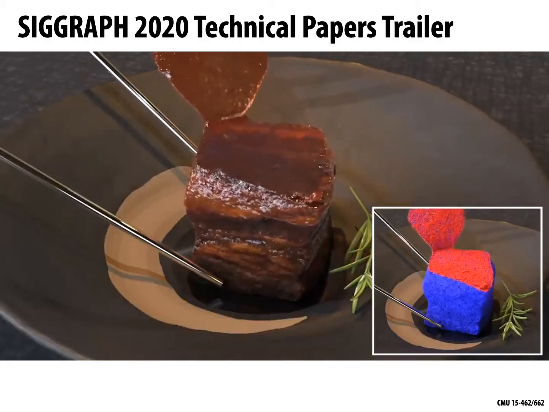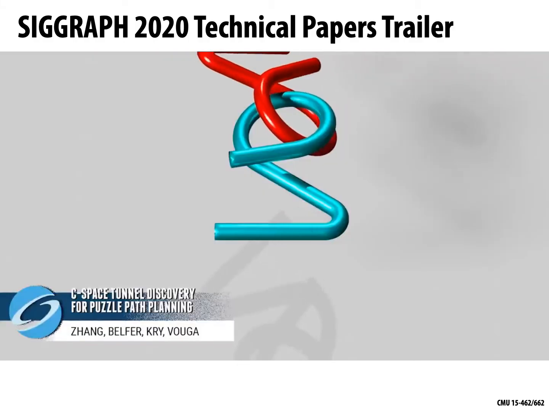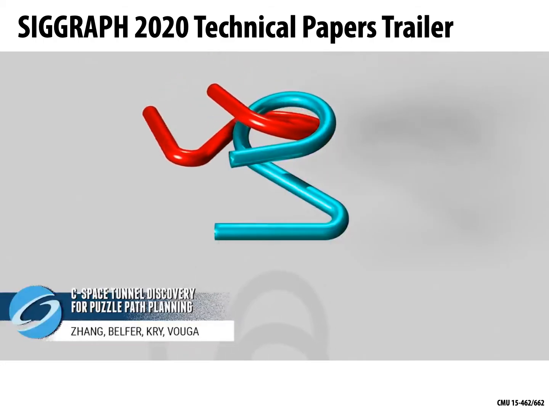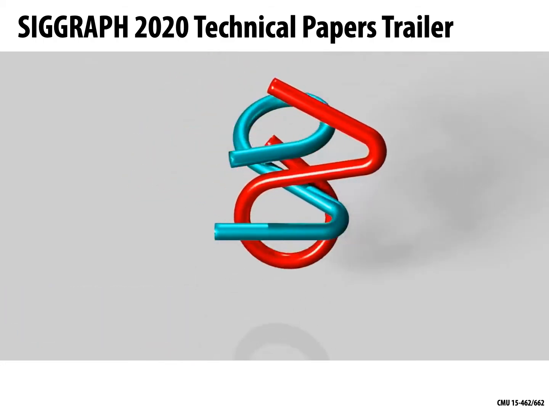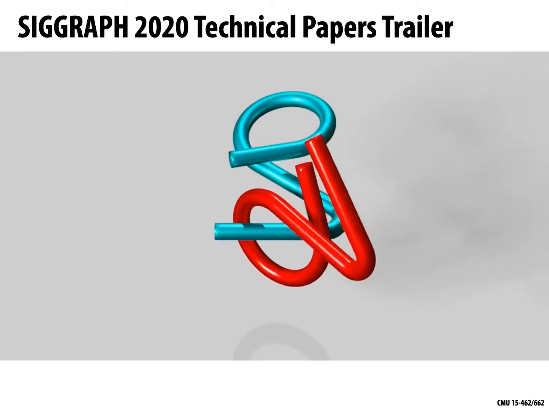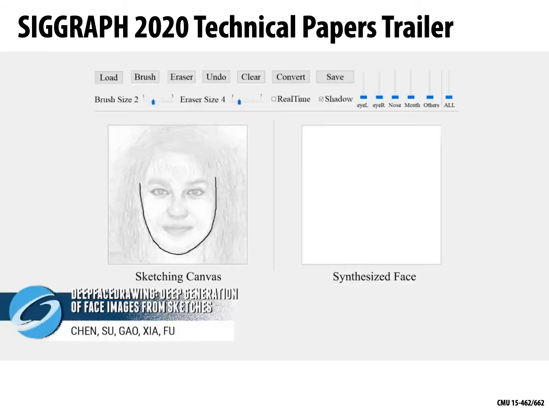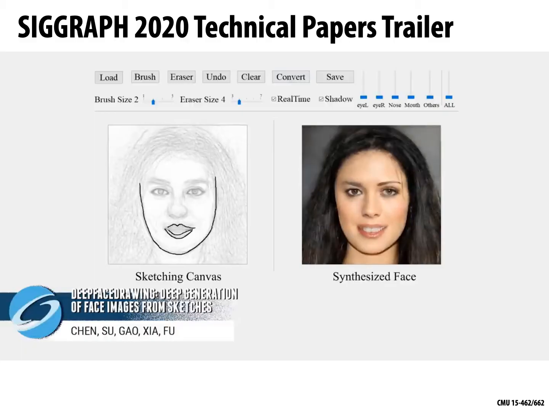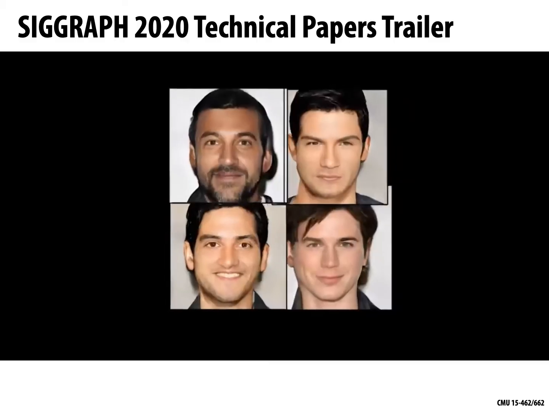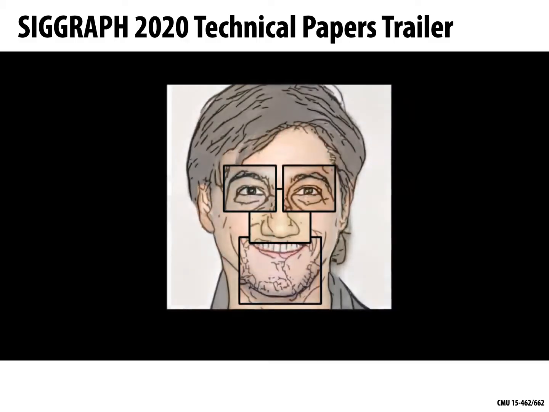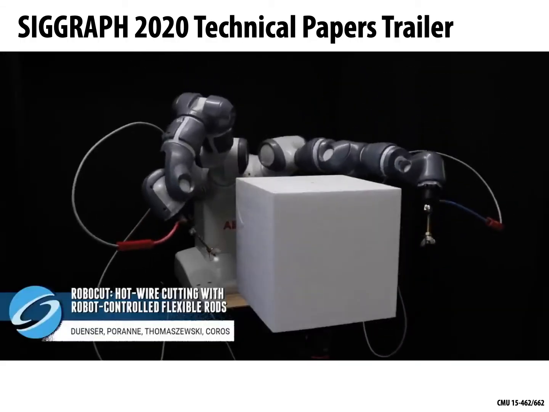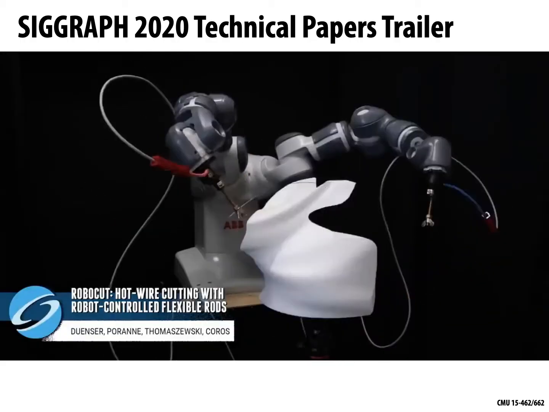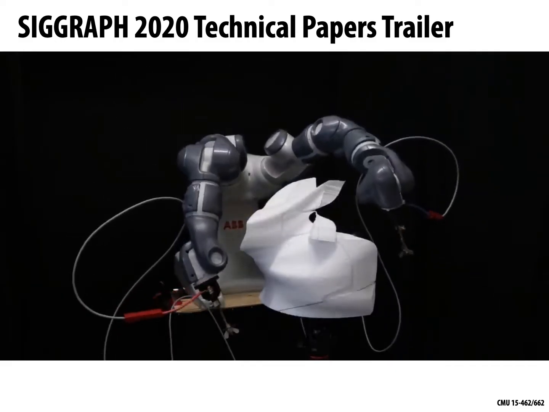of pork belly. An algorithm that exploits tunnels in configuration space can solve complex puzzles made up of entangled, rigid shapes. A method to implicitly model the space of plausible faces lets us discover new faces by sketching or by merging existing parts. By planning the motion of its 2 robot arms holding a deformable hot wire, this device can cut